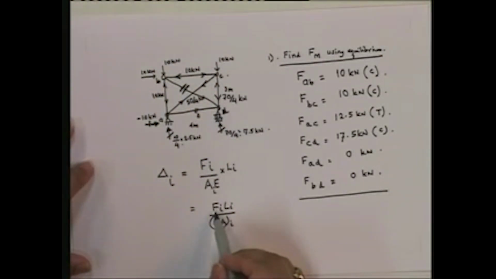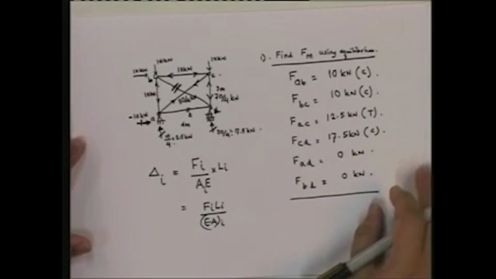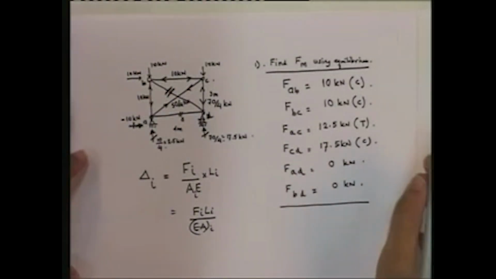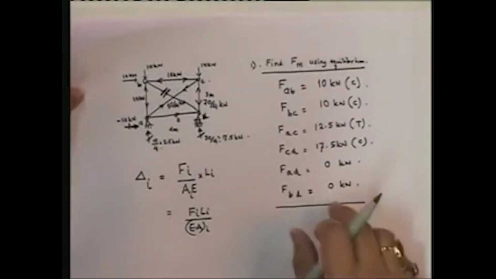Force in the member, axial force in the member, length of the member, the axial rigidity of the member. So therefore, this way I can find out for each one what the corresponding delta is going to be equal to. And let me write down those values. Given these forces, I can write down that delta